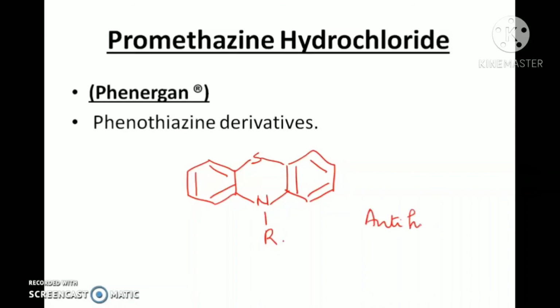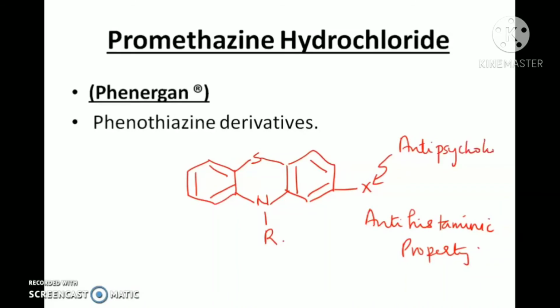Usually it is a propyl chain, and at the second carbon atom of the propyl chain, a terminal nitrogen atom is attached with 2 methyl groups substituted to the nitrogen atom. So you may be familiar with the phenothiazine chlorpromazine. It is an antipsychotic agent. It is also a phenothiazine derivative, but it contains an electron withdrawing, electronegative group at the second position of